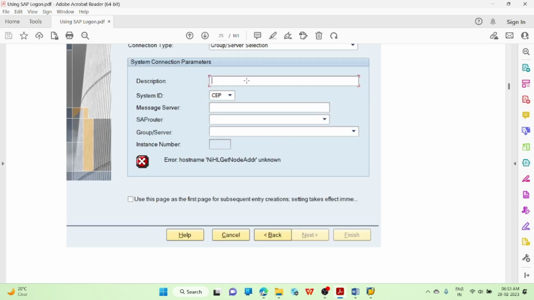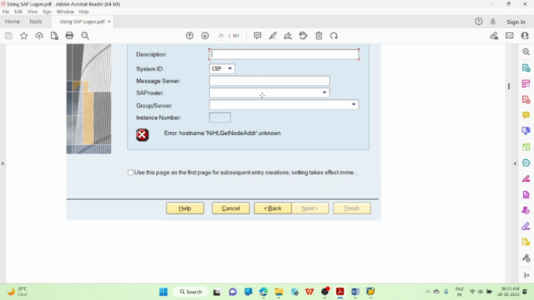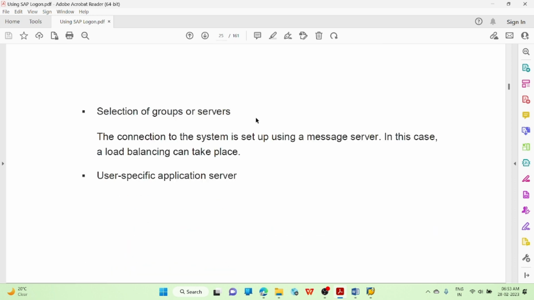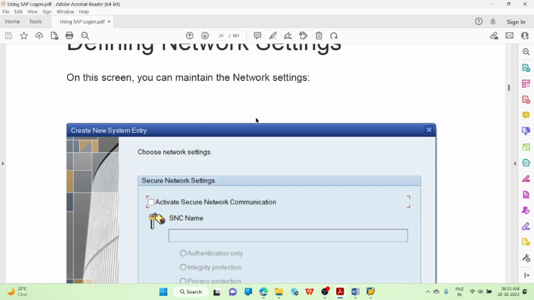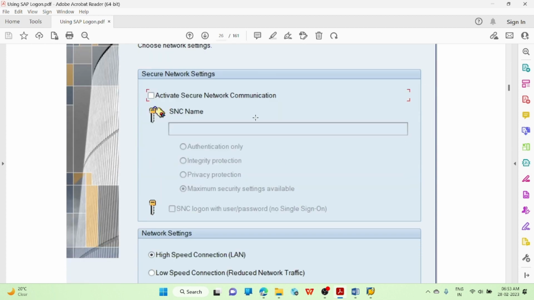When coming to description, here we can enter the description of our system, like development, quality, production, sandbox, like that. The system ID will be provided by the administrator. The server details, message server details, we will get from the administrator. Group server details also we will get from the administrator. And when we click on next,